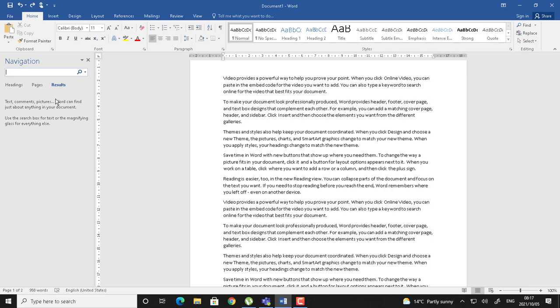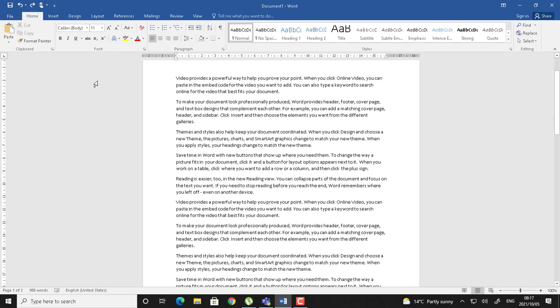You can't change it, you can't format it. You will just see it where it's appearing. So you don't click that find. Let me close this navigation screen. Home, when you see that find, the small arrow next to find, that is where you click,